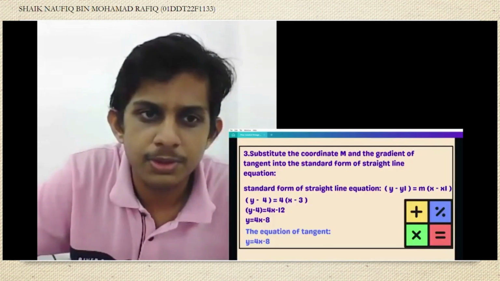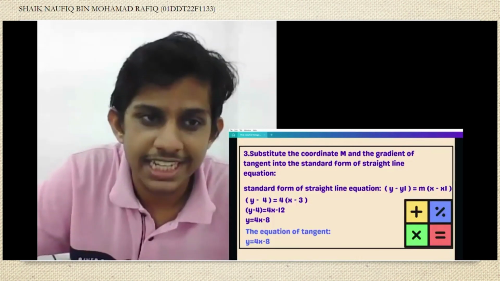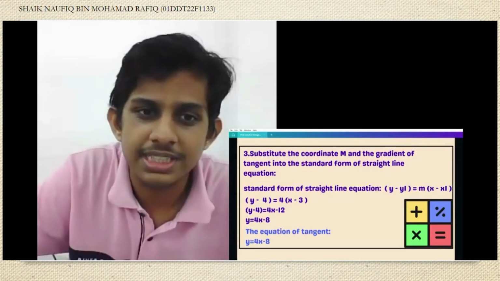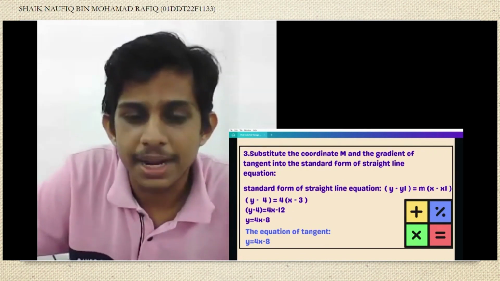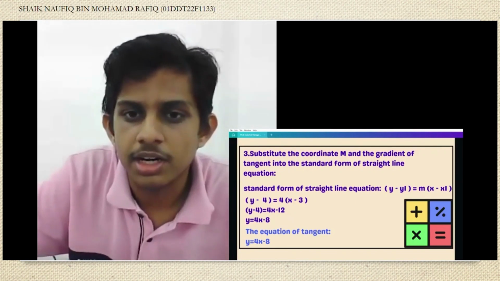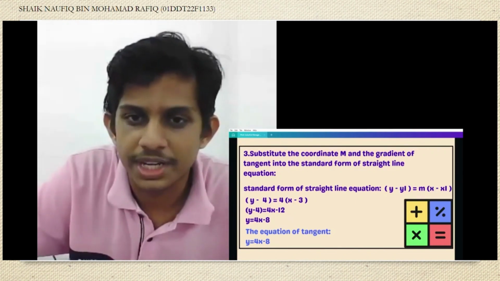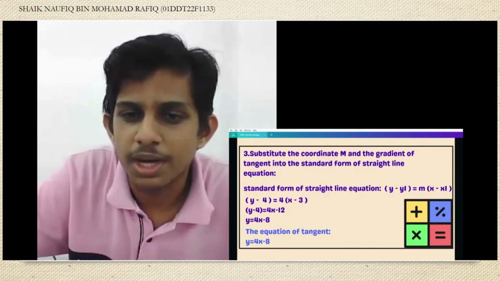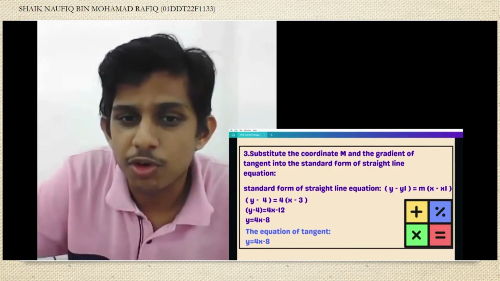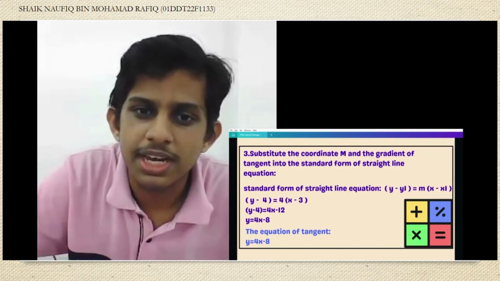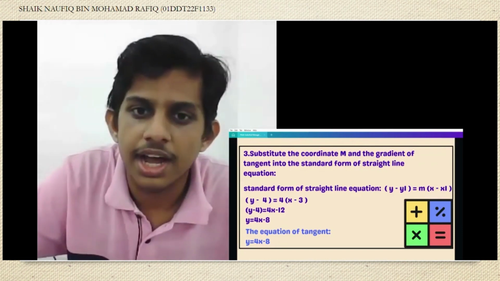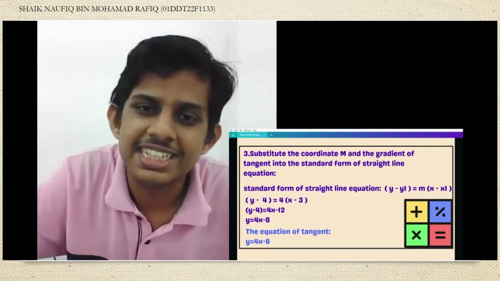Now we substitute the coordinate M and the gradient of the tangent into the standard form of the straight line equation. The standard form of the straight line equation is y minus y1 equals m, x minus x1. The y1 and x1 we can get from the coordinate of the intersection between the tangent and the curve, and m indicates the gradient